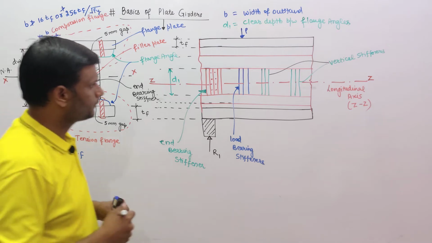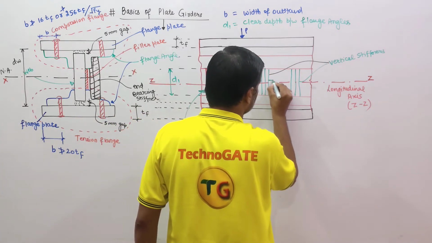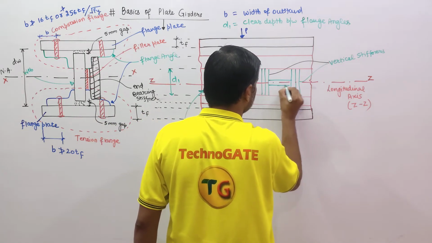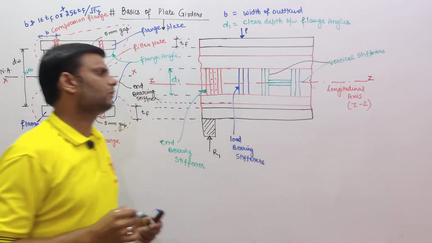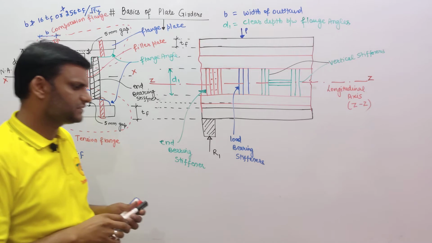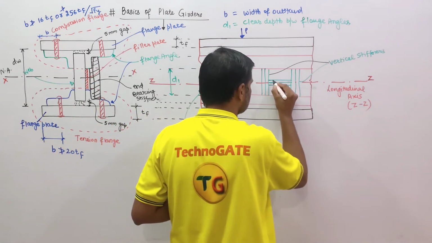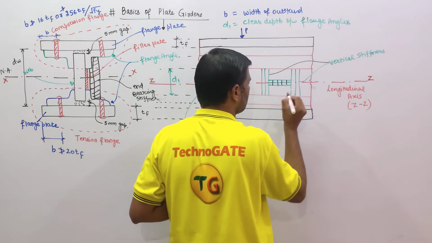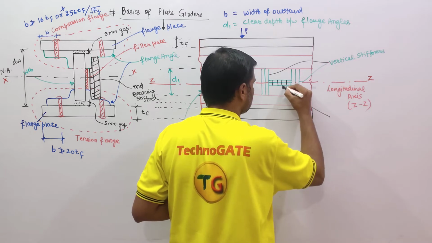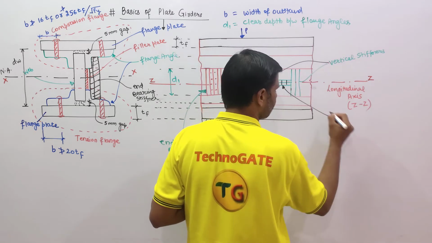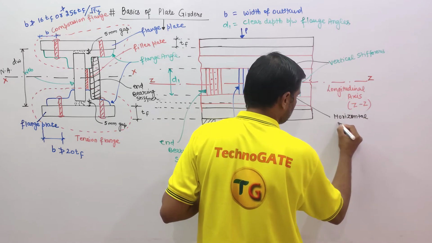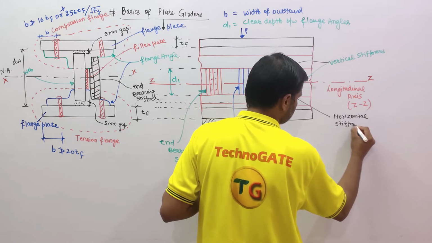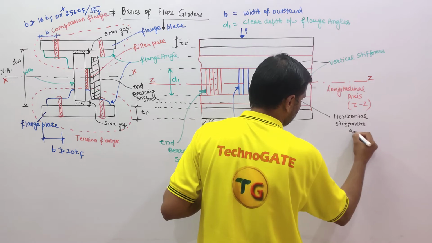Now these green pen stiffeners are called the horizontal stiffeners at neutral axis level. These are called horizontal stiffeners. We will discuss every point, don't worry. Horizontal stiffeners at